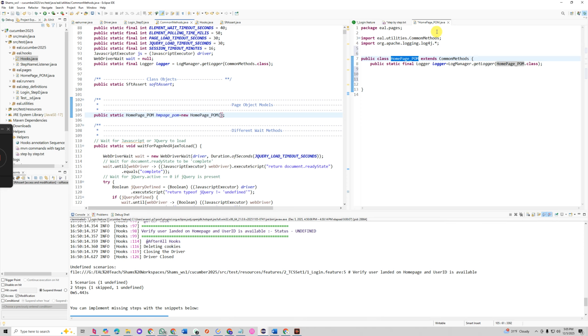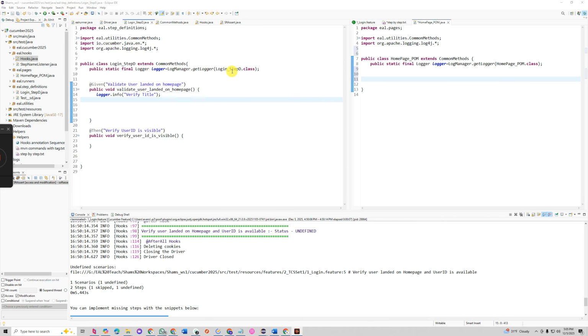Okay, so whatever page object model you create, always make sure to put the static, keep them in the common methods class, and make sure you create an object for them. This one we already created an object for, but in the hooks class before execution. Now we can call any method with this variable. Now what method do we need? We are not going to do the coding here, we are going to do the coding here. So we are going to create